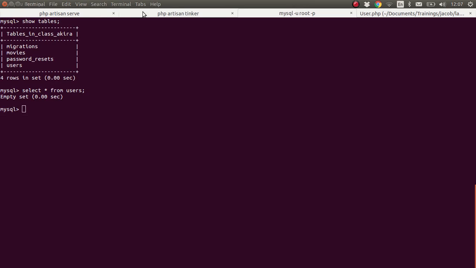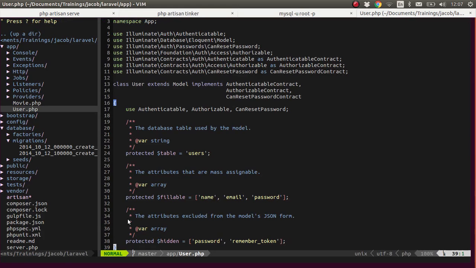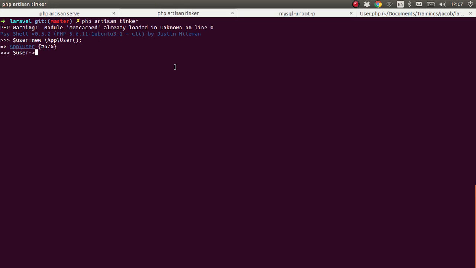So we just need to come with our database here. We need to create a new user. As we have noted, the user is in that namespace. That's what we need to do. Alright, so now we have a new user object. Then we want to pass in the details that are needed. As you remember, we had the name, the email, and the password. So let's do name. For the name, we'll go with Jendo. It's going to be our default user. And then let's have